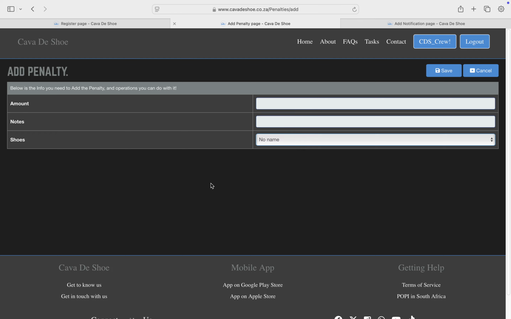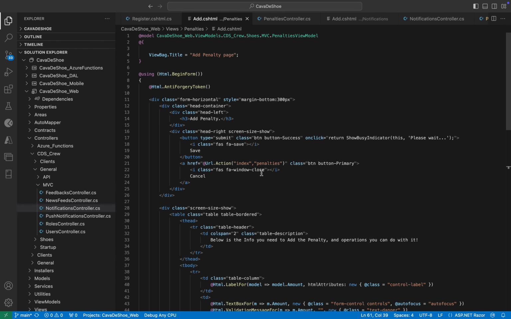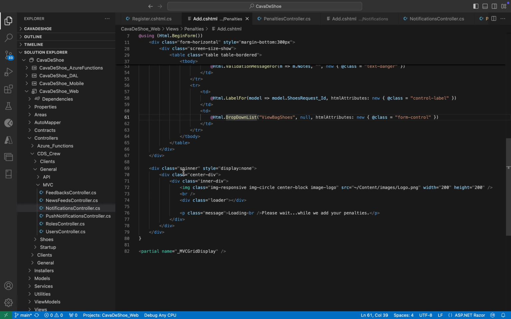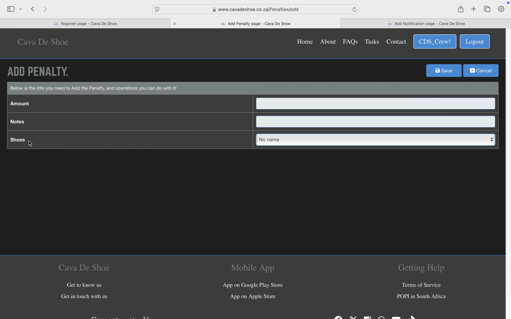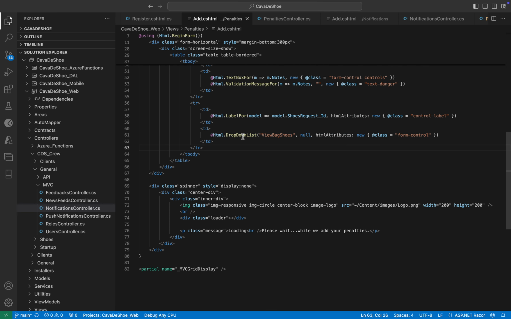So this page that you see here is this page. Now, to move quickly, this TR table row, this is this guy, shoes, right? What I have is Html.DropDownList. Now this dropdown list, the only thing that I'm interested in is this guy, ViewBag.Shoes. I don't pass in anything else. Other than that, I'm just manipulating how it's going to look. But I do not pass in anything else. This is MVC. So the only thing I'm linking is to that name, ViewBag.Shoes. That's the only thing. Now, going back to the controller,